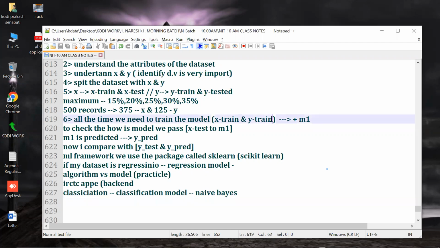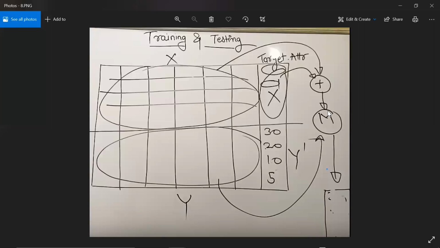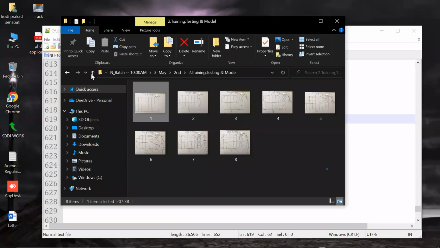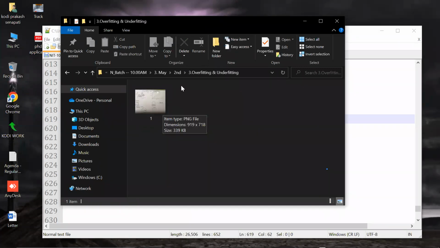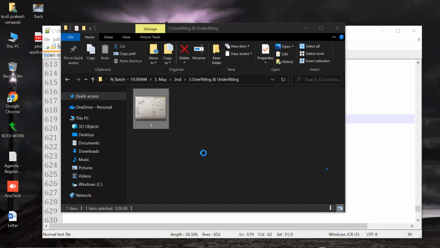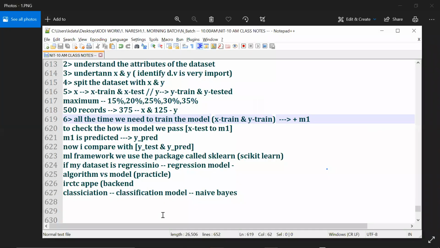Okay, now let's do this. We know this one, we build the model and we compare the accuracy. I don't think more explanation is required for this one. I wanted to talk about a very important session called overfitting, underfitting. What is this? Overfitting, underfitting. For example,